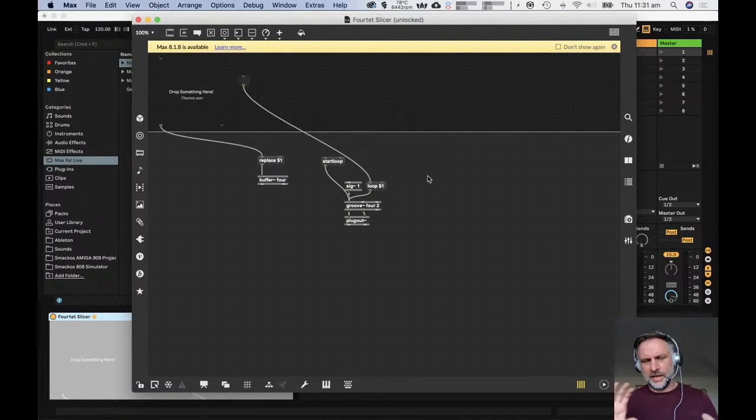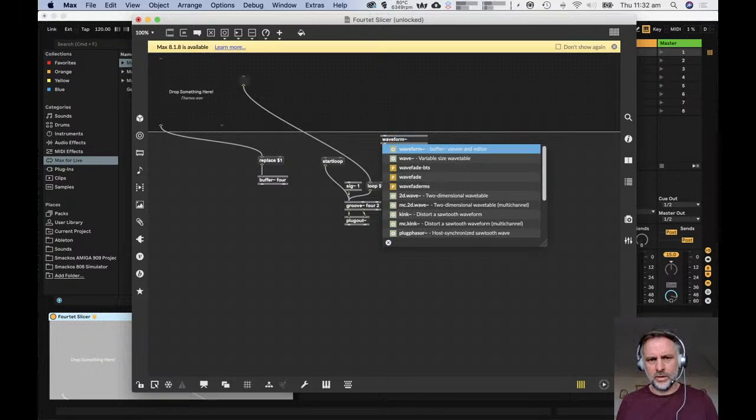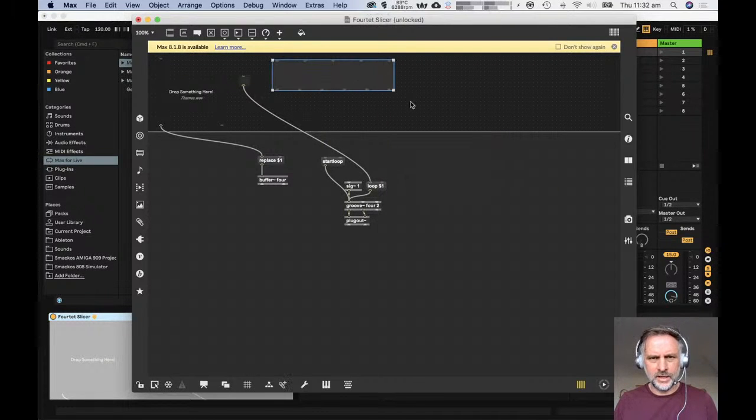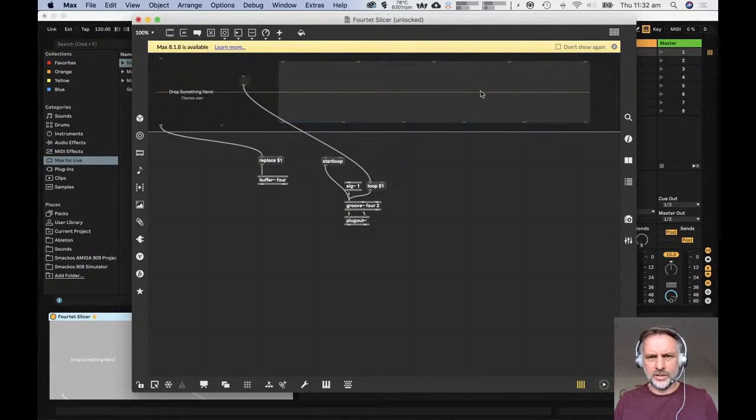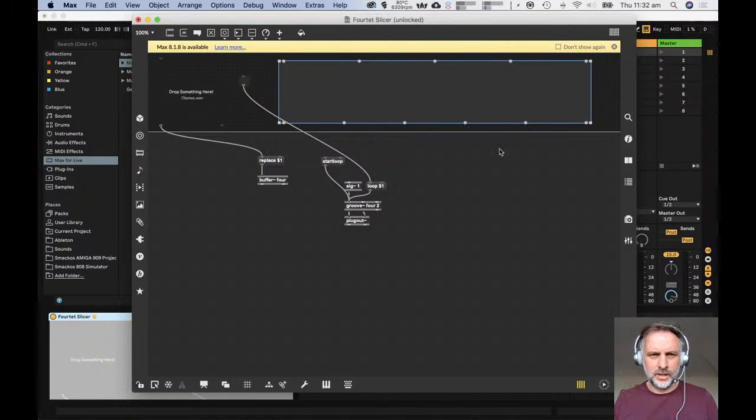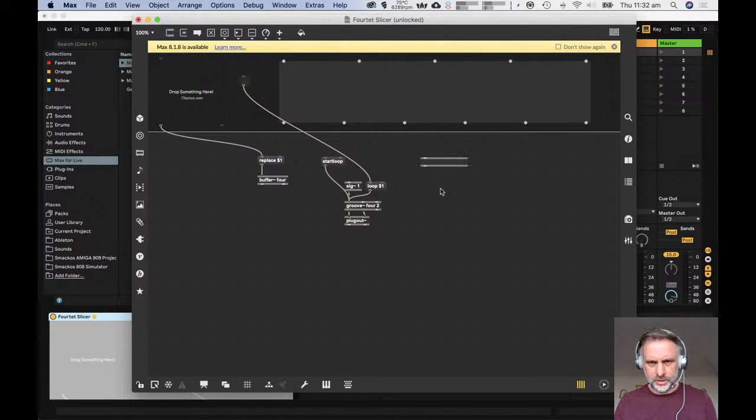so to create this clicky thing that we're going to click on and select parts of the loop, we're going to need an object that will display the waveform of the audio, which is waveform tilde, which will immediately, when you create it, turn itself into a box like this. We can't now type arguments in, so what we need to do is send it a message to tell it to link to the buffer that we've just loaded the sample in. So we send it the message set, and then